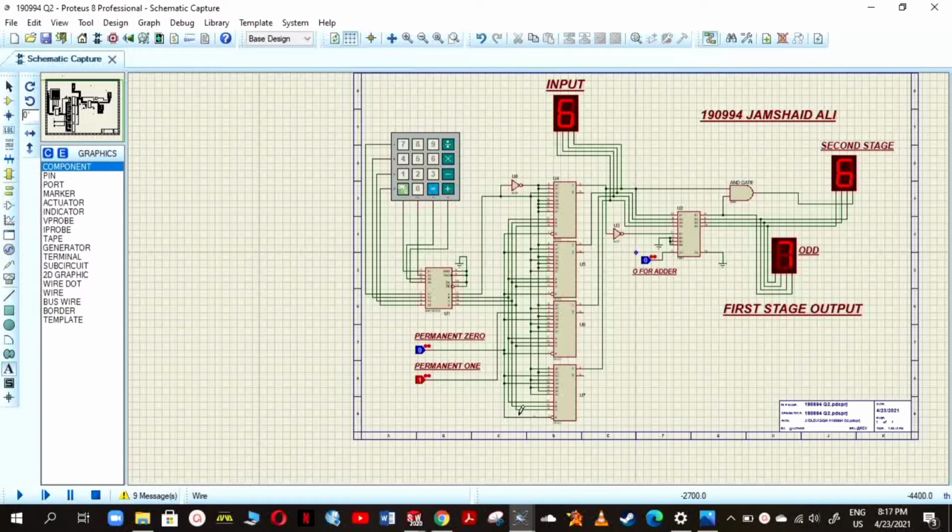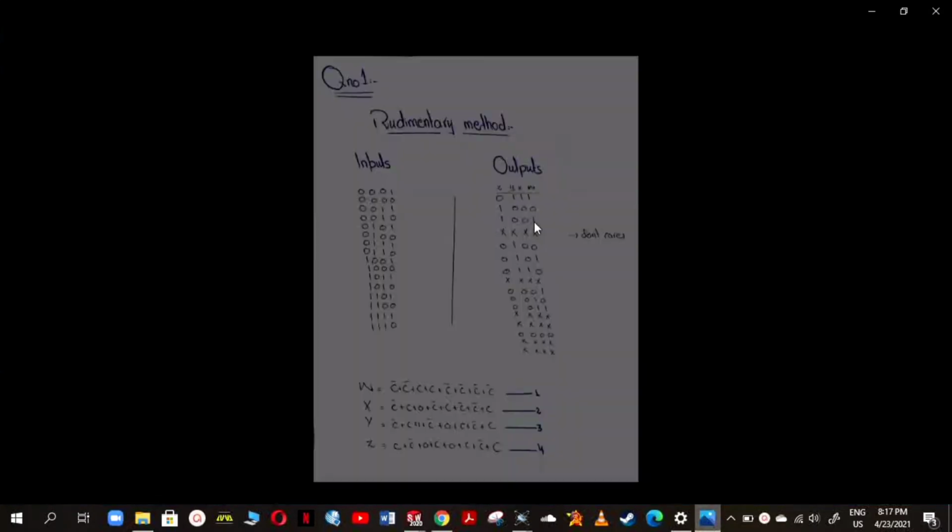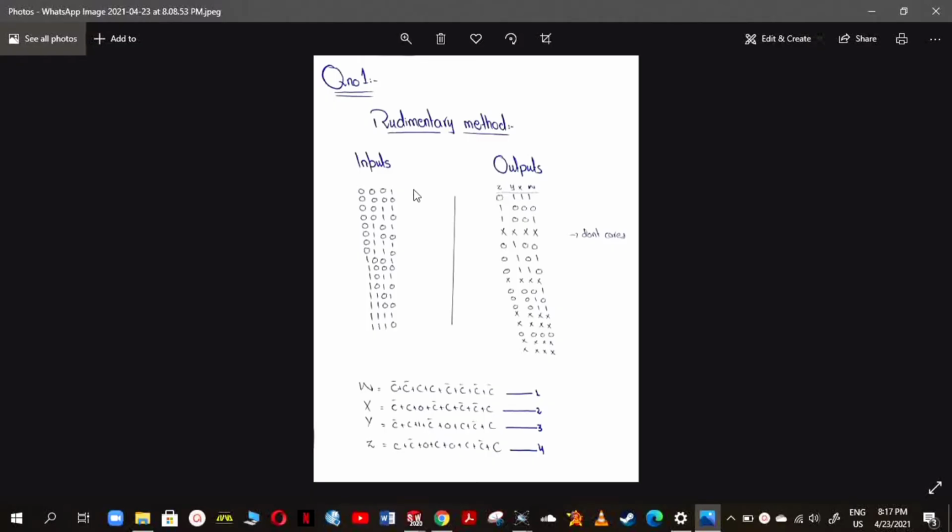We connected these muxes by the rudimentary method, which I'm going to show you. These are all our 4-bit inputs, and these are our outputs. By comparing our outputs with respect to inputs, we get the rudimentary method for outputs. I compare all of the inputs one by one with our C input, and then I get all these conditions.